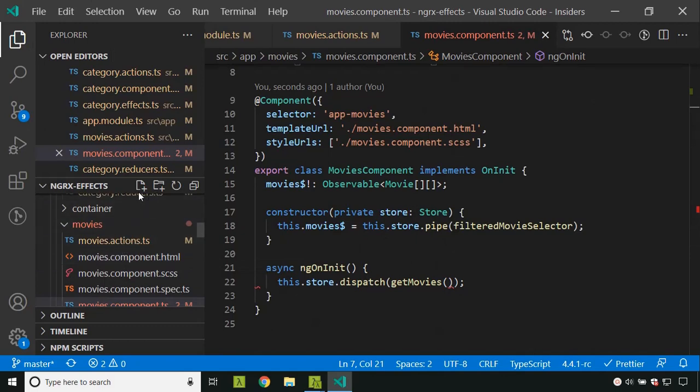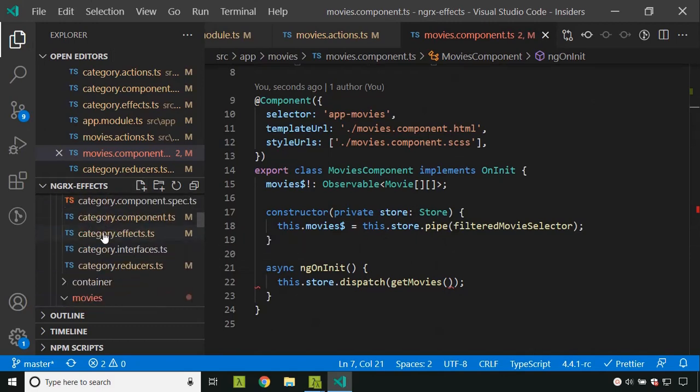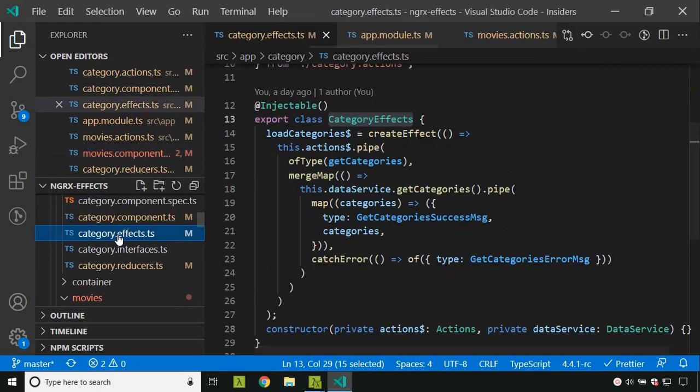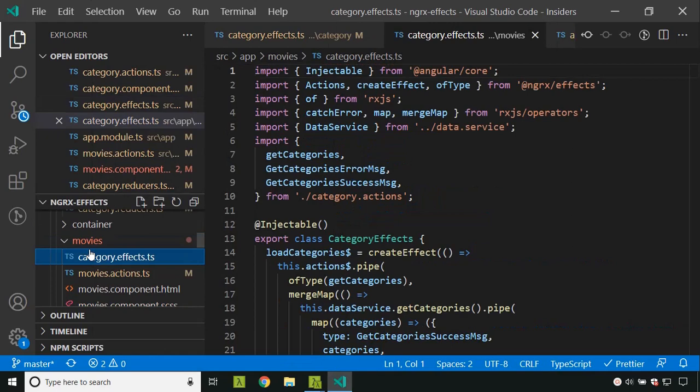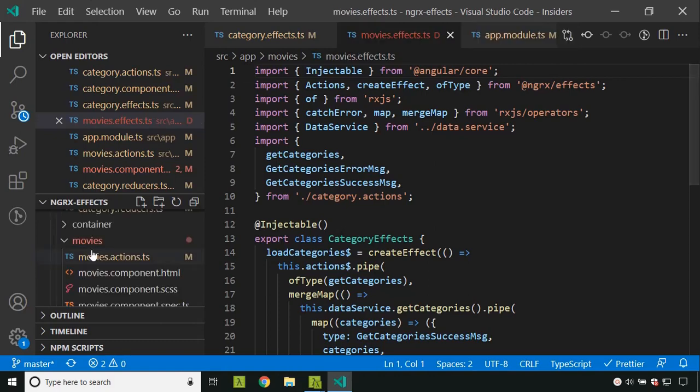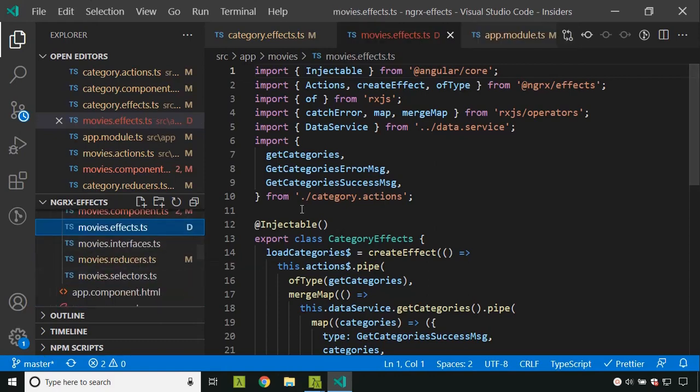So now next we will create a FX. So I am basically copying this one and creating a new FX here. So I will rename the file as movies.fx. So the FX is renamed.